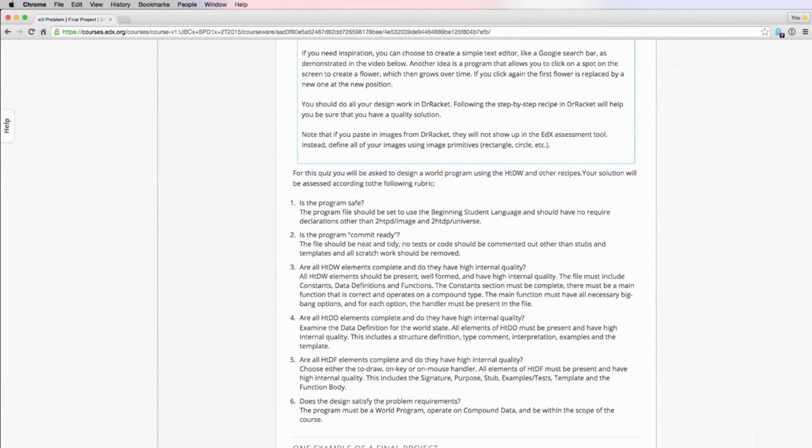In this week's evaluation tutorial video, we're going to show you how to apply the rubric to the two different example programs that we suggested for the final project. So that's the Simple Text Editor and the Flower Animation program. So let's get started. The first two criteria we're going to look at are: is the program safe, and